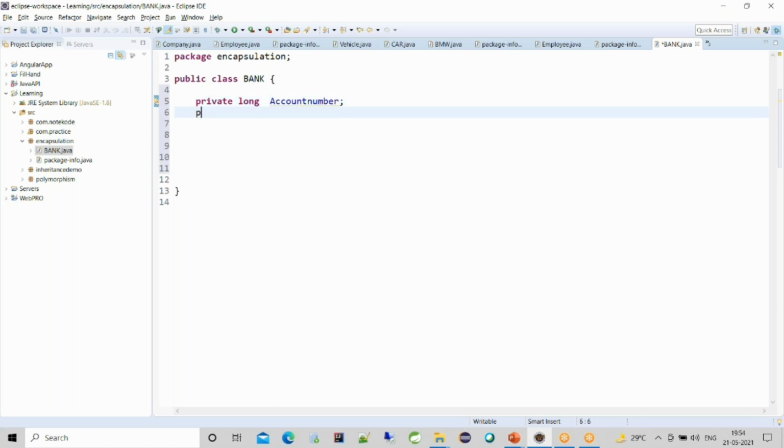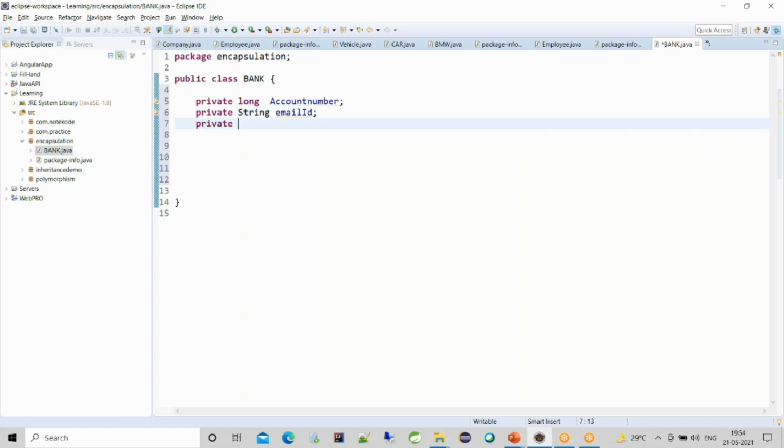And what else will a bank have? A bank will have your email ID, so I'm making it a String email ID. And what else will a bank have?